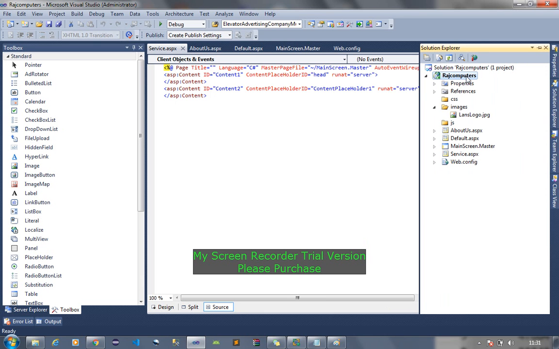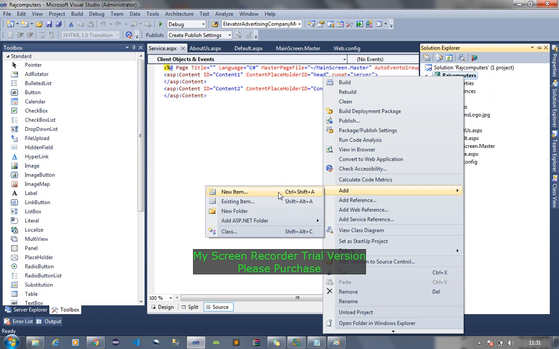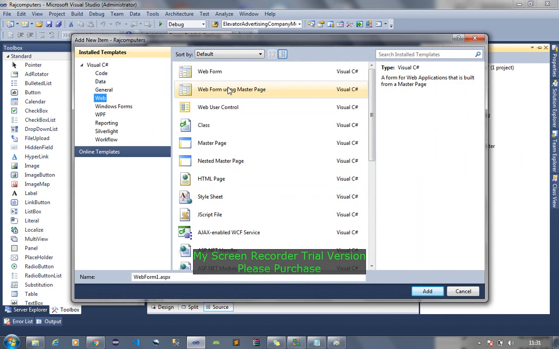I right click again on this, I choose add new, I choose master page. Inside this service page I'll be creating new. Then I'll be creating product.